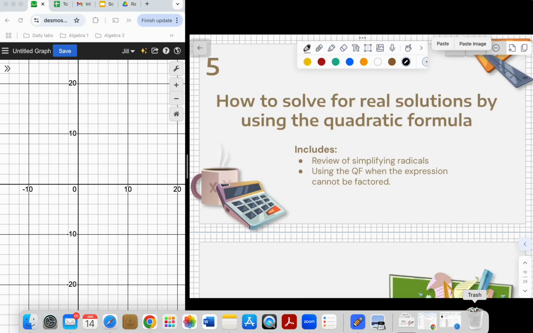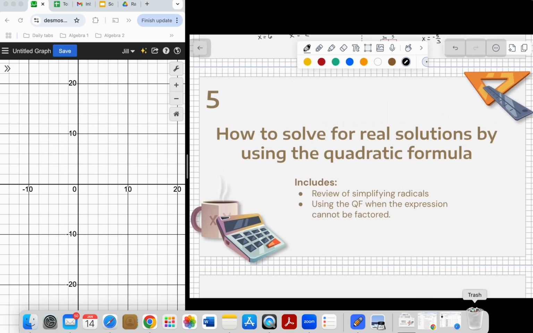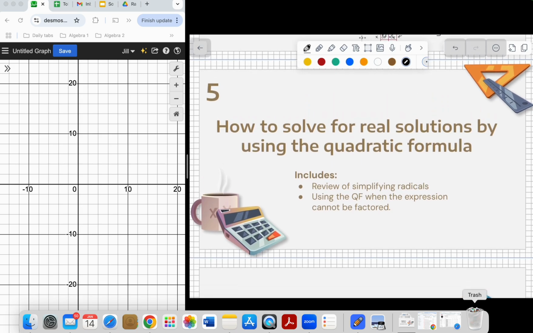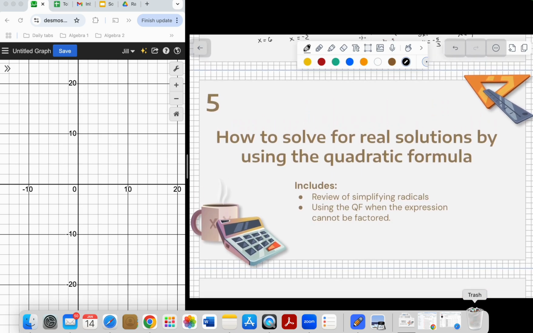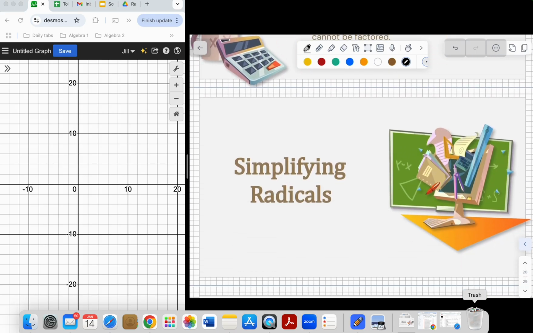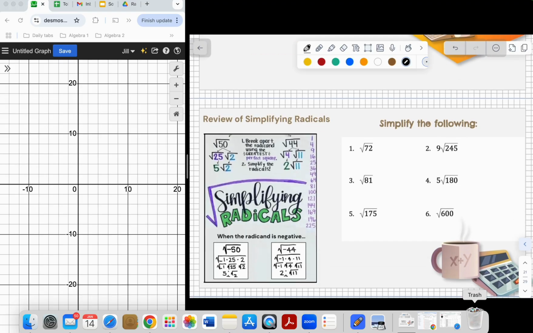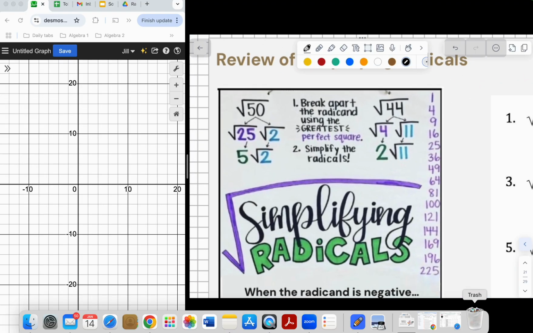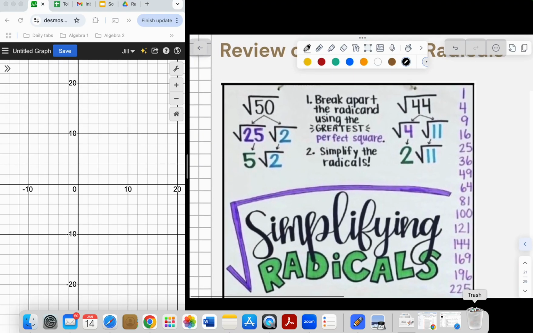formula. First thing we're going to do is start out with a review of simplifying radicals, because it's important to be able to simplify radicals when you're getting more in depth with your solutions to quadratics. So as we look at a reminder of how to simplify radicals, we're just going to take a couple of